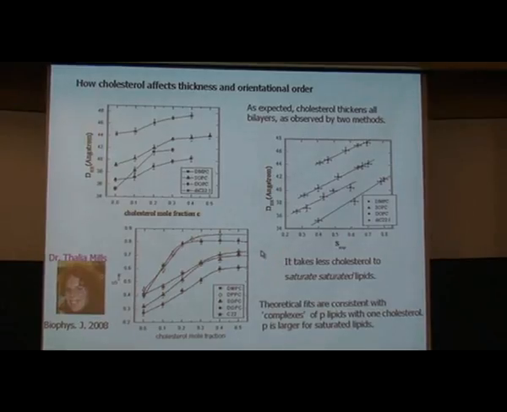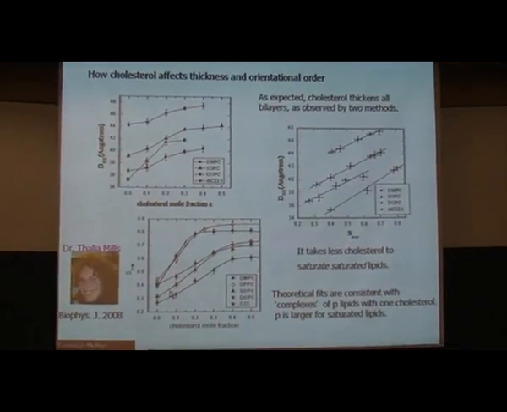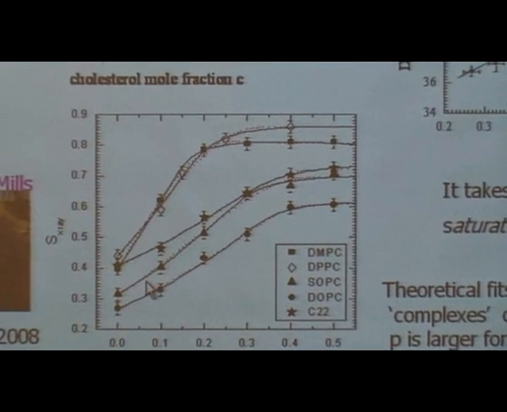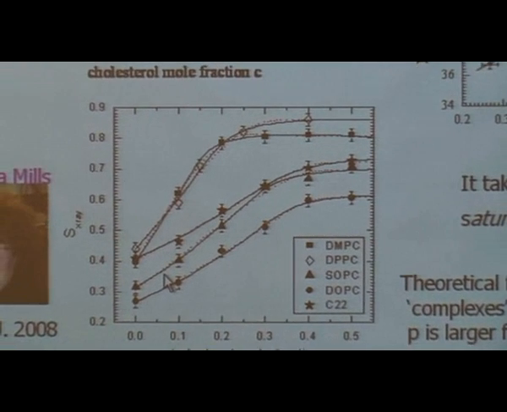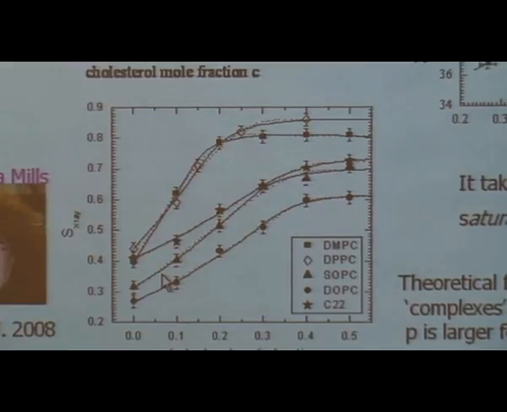Now, I didn't mention it, this is the first time. There are theoretical fits. If you look real closely, you can see dotted red lines here, which are theoretical fits to those experimental curves. Now, the model that we're using there is a really primitive model from freshman chemistry. It's essentially a model that assumes that there's a reaction between the cholesterol and the lipid, and they get together and form clusters, basically, which in freshman chemistry is usually called a new molecule.